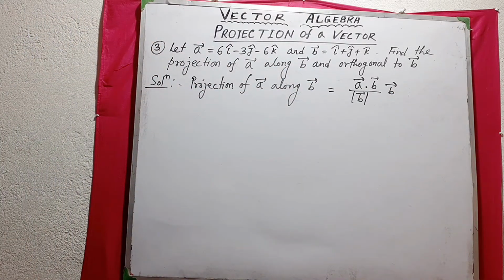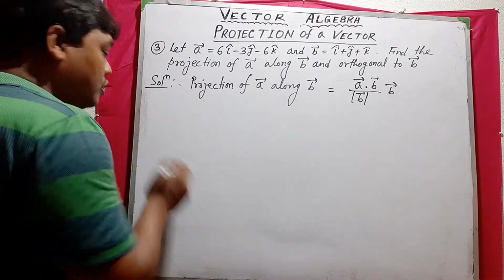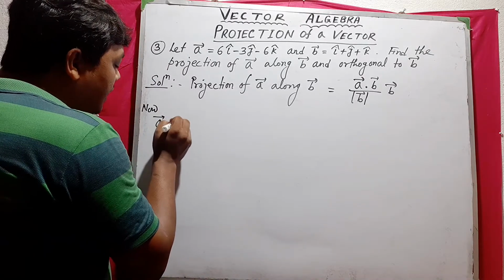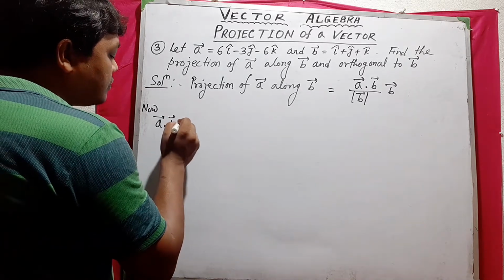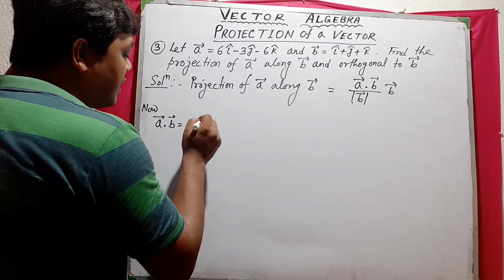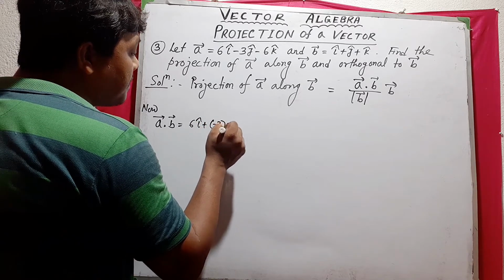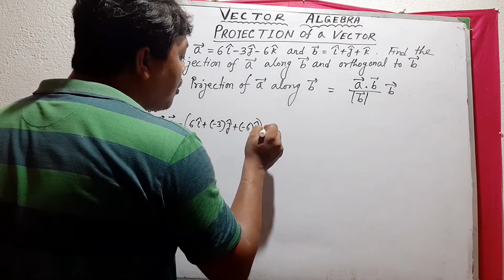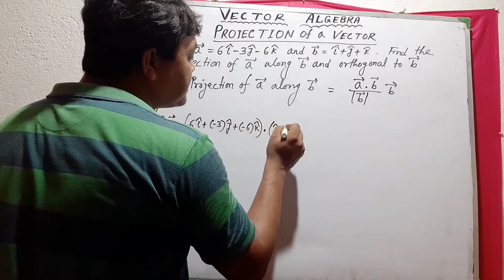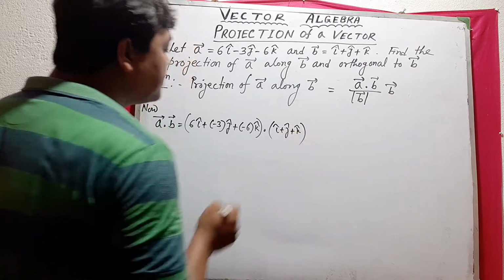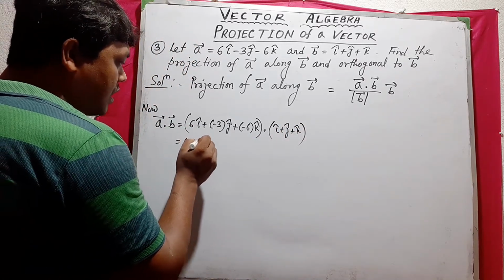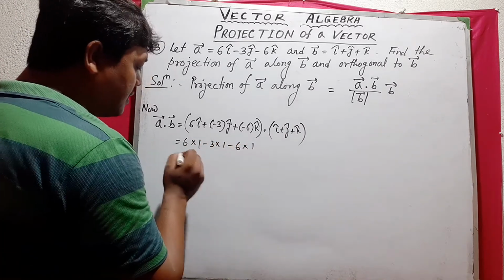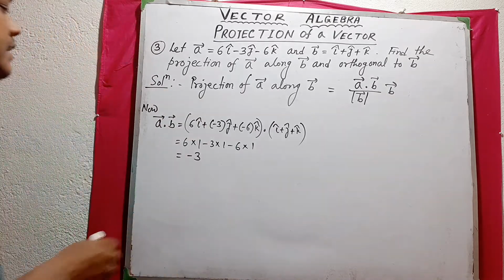What is a dot b? আগে ক্যালকুলেট করে ফেলি। ওকে, so a dot b equals to 6 into i cap plus minus 3 into j cap plus minus 6 into k cap dot i cap plus j cap plus k cap, right? So that is 6 into 1 minus 3 into 1 minus 6 into 1, that is minus 3,